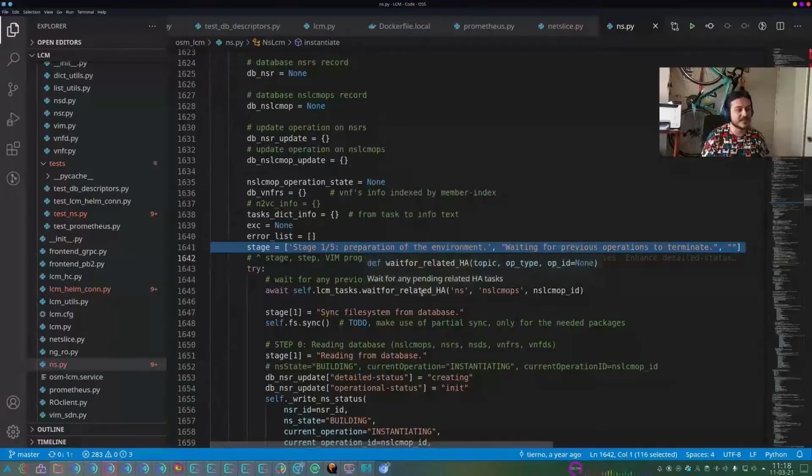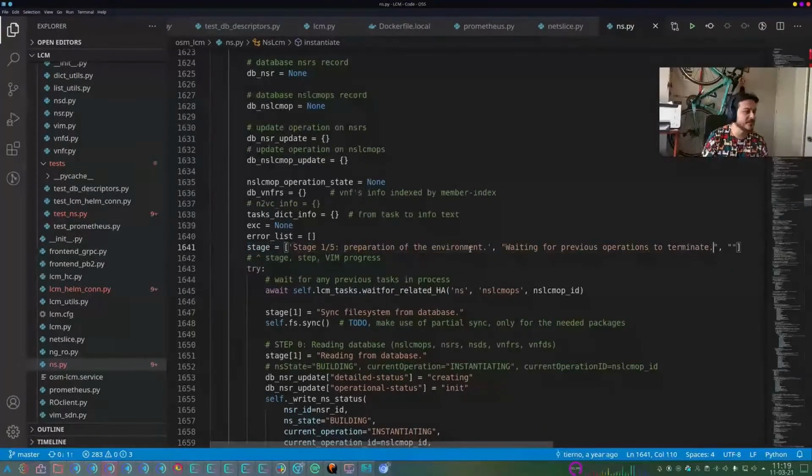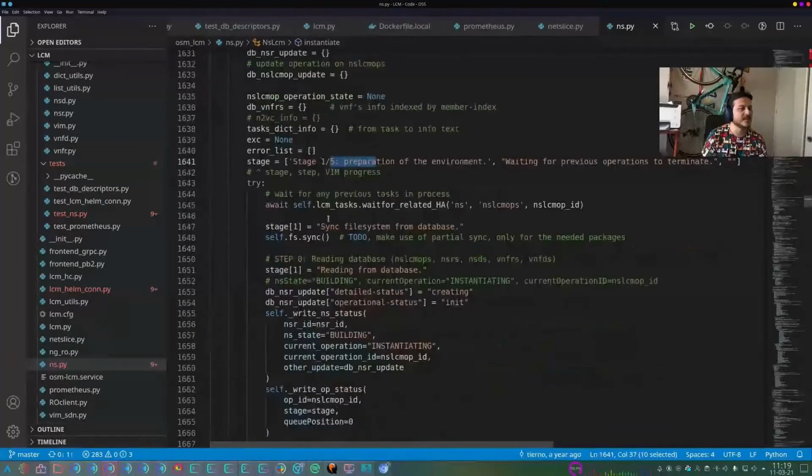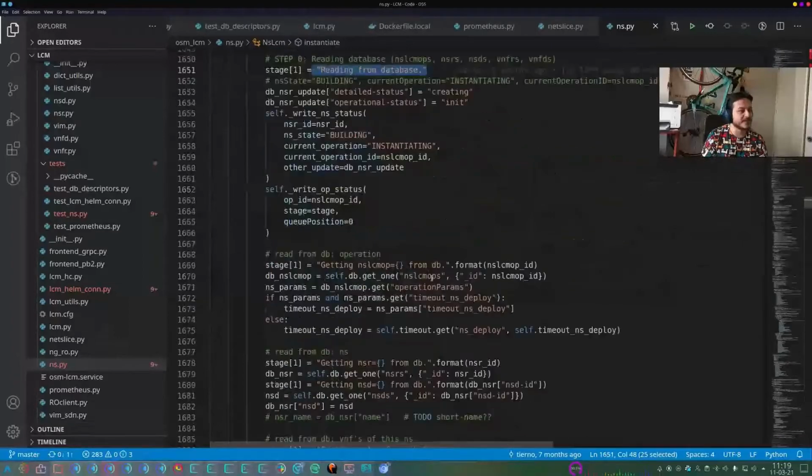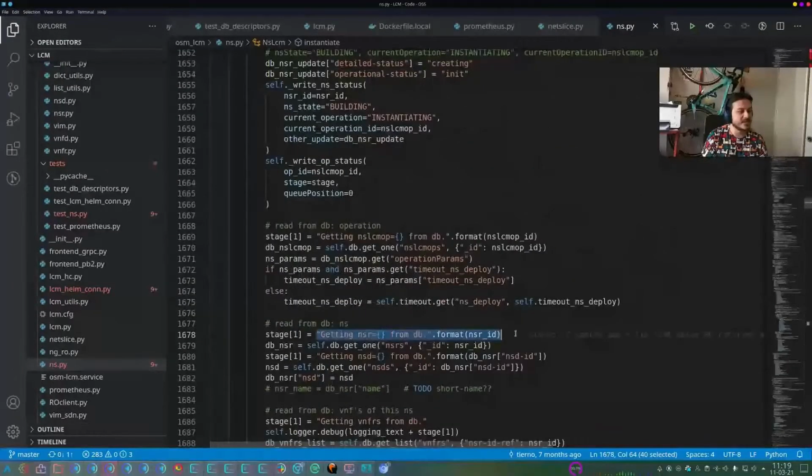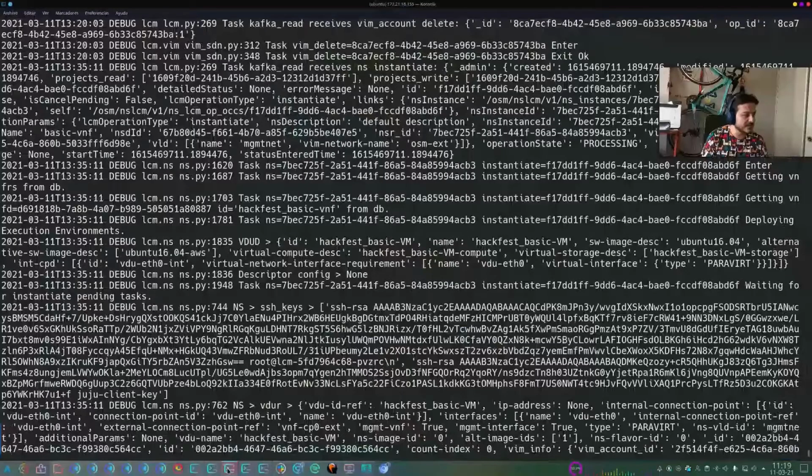So if something happens between these lines, you will see this stage in the dashboard, but usually you should not see these stages because it just goes very fast. So now we have the sync file system from database, then reading from database, then getting the NSR. So as you can see in the logs, the getting VNFRs from DB is,